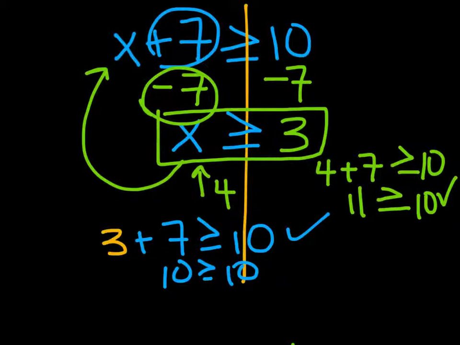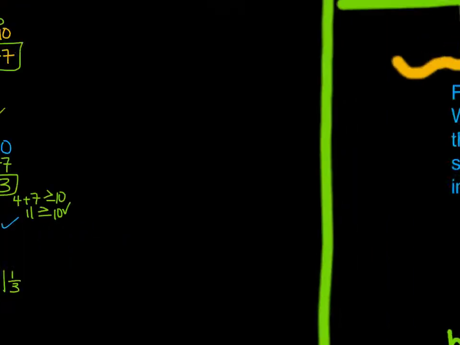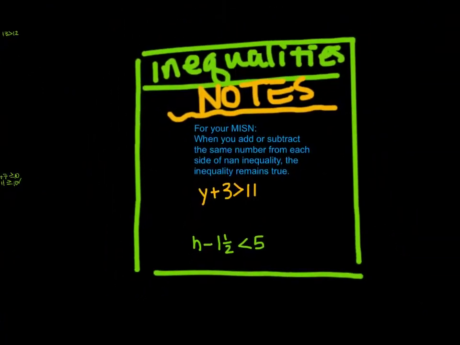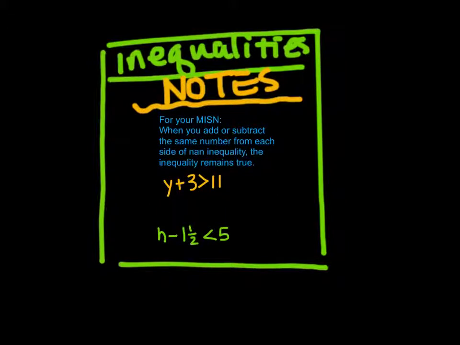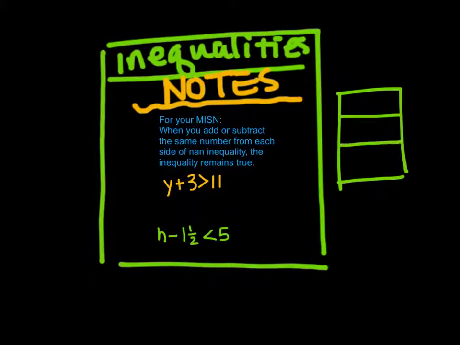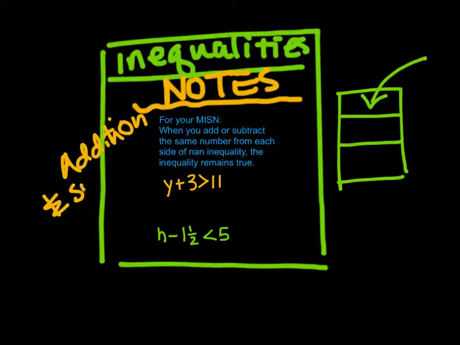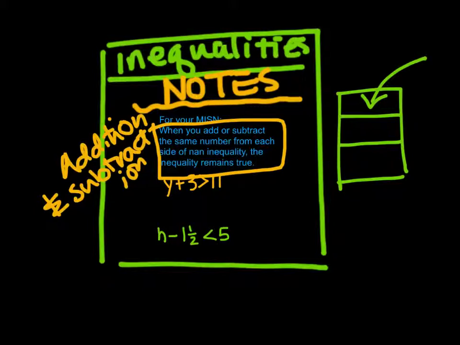All right, so for our missing page, let's now put this idea into a rule. Let's go over to our missing page and understand what we're doing. So if you had that 3 flap foldable, you would put this in your top flap, and you would write for addition and subtraction. You could write that on the outside of your foldable, and then on the inside you could say, when you add or subtract the same number from each side of an inequality,